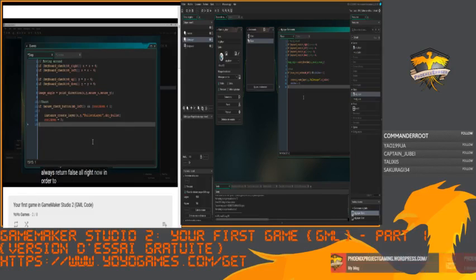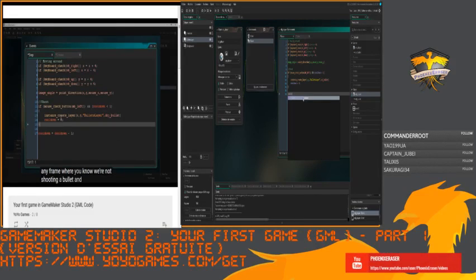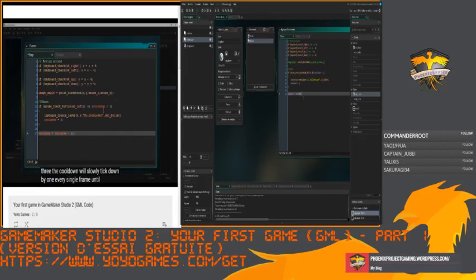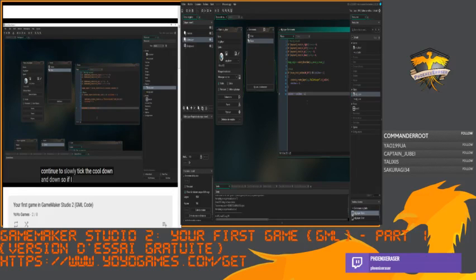Alright, now in order to fix that, what we're going to do is outside of this code, write cooldown equals cooldown minus 1. So any frame where we're not shooting a bullet and setting it back to 3, the cooldown will slowly tick down by 1 every single frame until it is eventually less than 1 again, okay? And this is why we check less than 1 rather than equal 0, because we could go into minus numbers quite easily here. We could go to about minus 1,000 or so because we've not fired in ages. But all we want to check is that it's less than 1. And if it is, fire a bullet, set that cooldown back to 3, and then continue to slowly tick the cooldown down. So if I run the game now,